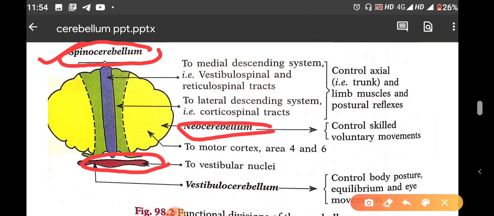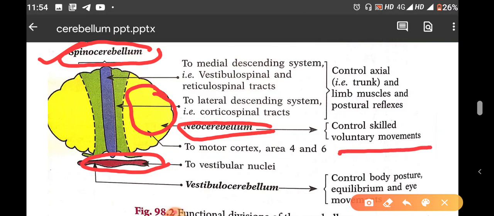The third division is corticocerebellum or neocerebellum. Corticocerebellum, also called the lateral cerebellum, includes the whole of the posterior lobe except pyramis and the uvula. The effector nucleus for this neocerebellum is the dentate nucleus. It occupies the most lateral region of the cerebellar cortex and receives information from the cerebral cortex and pons, and it is concerned with the smooth performance of highly skilled voluntary movements. So, neocerebellum is important for highly skilled voluntary movements.